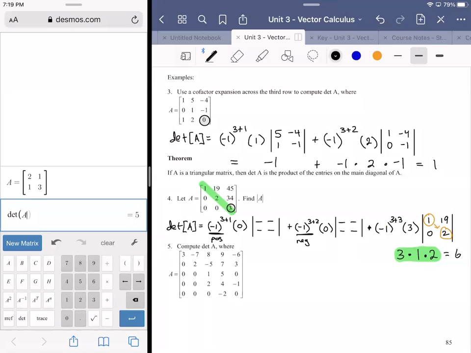But I look at this and say, this is cool. You know, regardless of whether you do an actual proof, this is a cool relationship. If you were to, instead of having numerical values in here, instead of the 1, you would have a sub 1, 1. Instead of the 19, you have a sub 1, 2, and the 45, a sub 1, 3, and so on. If you carry out the proof by cofactor expansion, you'll see that the determinant of a triangular matrix,